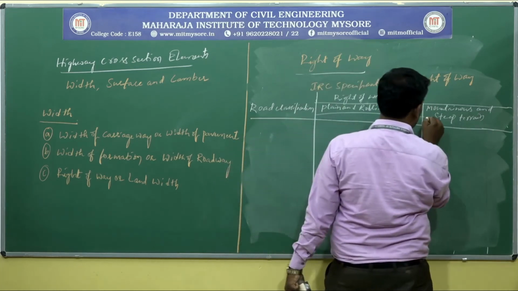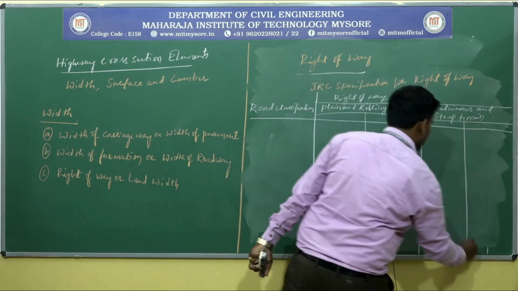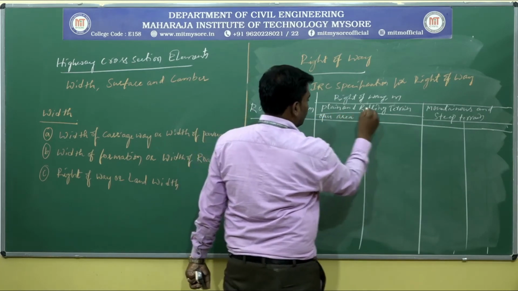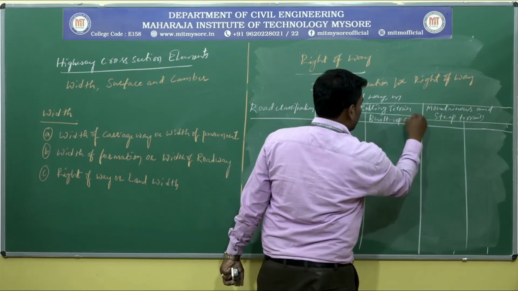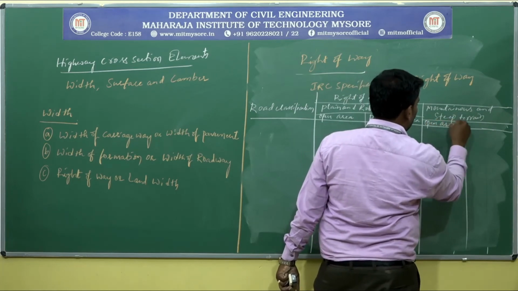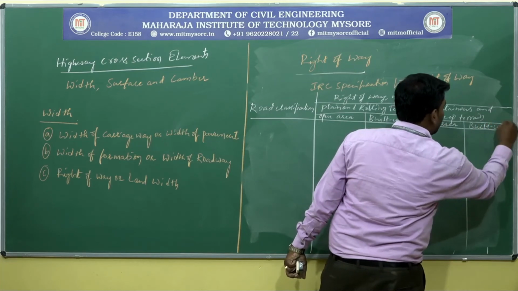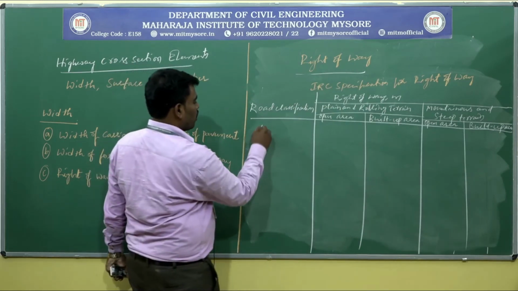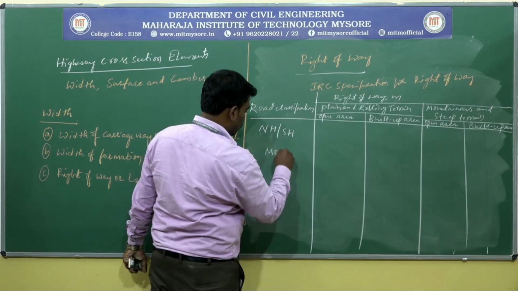Again, this will be two things: in each terrain, there is open area and built up area. The classes of roads are NH, that is national highway, and state highway, major district road,